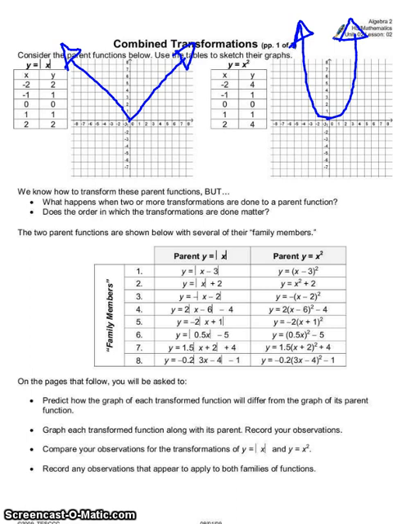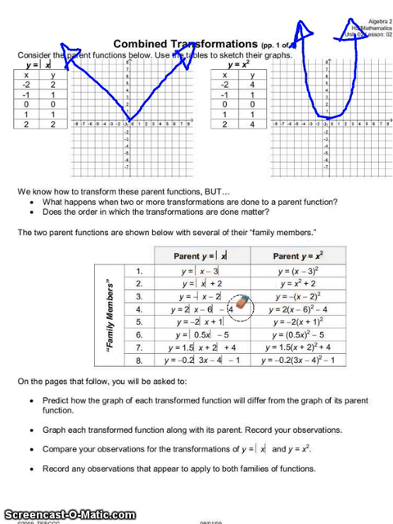So the two parent functions are shown below with several of their family members. Remember we talked about how family members are things that have the same trait. I know that this is related to this because they both have the absolute value sign. I know that this one is related to this one because they both have an x squared. So make sure you understand what is meant by family members. Okay, so now